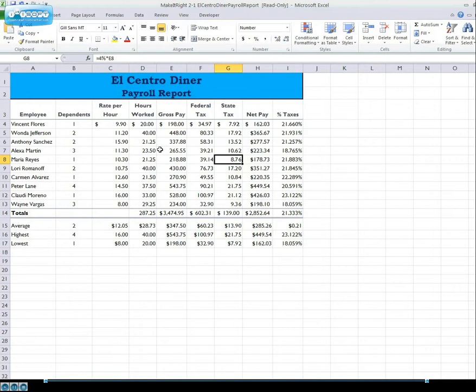It says delete the function in the cell containing the average of percentage taxes because it is mathematically invalid. So it says delete the function in the taxes